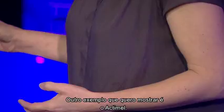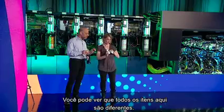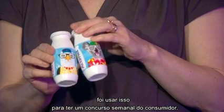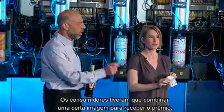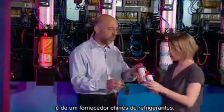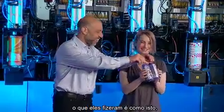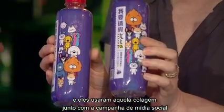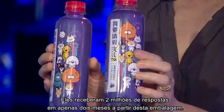Another example I want to show you is the Actimel. You can see that every item here is different, right? And what Actimel did is they used that to have a weekly contest with the consumers. The consumers had to match a certain image to get a prize. The last example I want to show you is from a Chinese soft drink vendor. What you can see here is Collage, and they used that Collage together with a social media campaign to get engagement with their customers. They got 2 million responses in just 2 months